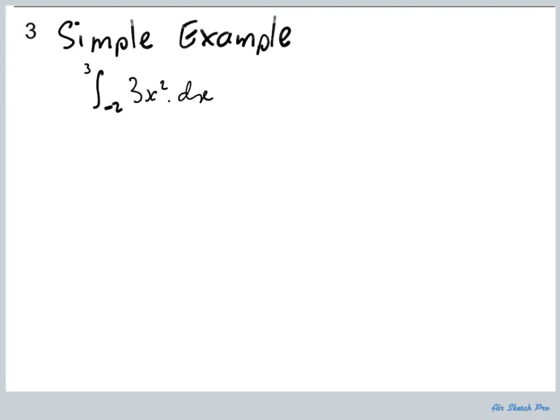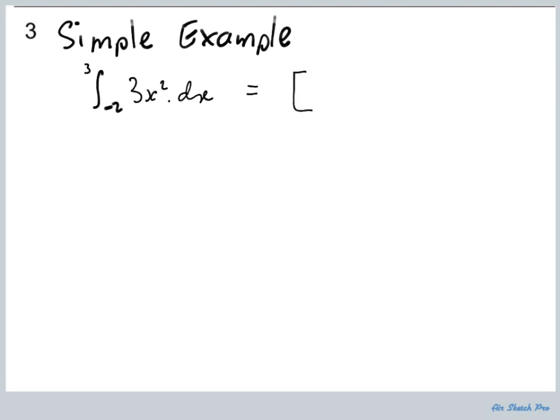Is that okay? So the first thing we do is integrate it, or find the antiderivative. I was using a bit of a thicker pen. I've changed it to a thinner pen now, so it should be not so squishy anymore. So if I integrate 3x squared, you might be able to do that by inspection and know that's just x